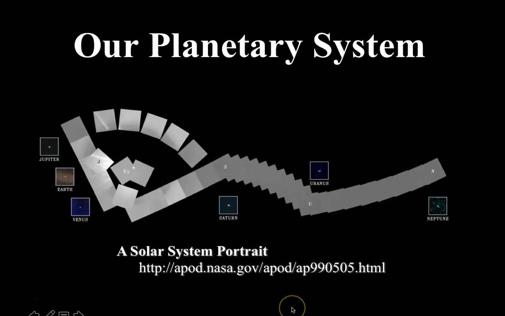Hi folks, now we're going to talk about the planetary system. This is the next chapter in Kaufman and Cummings, and I'm going to discuss it in terms of a few items. One is the planetary system, just to give you an idea of the generalities of the solar system, and then we'll talk about solar system formation, and then we will talk about